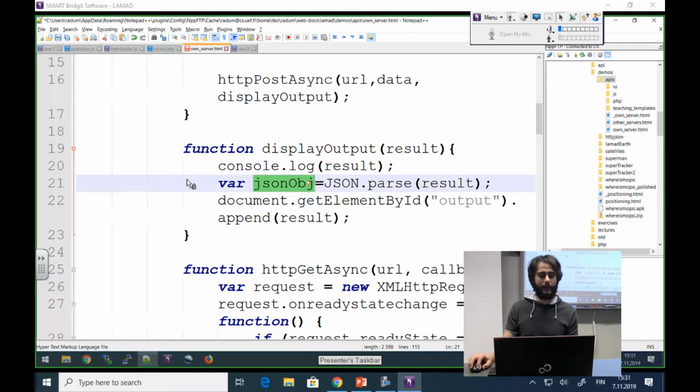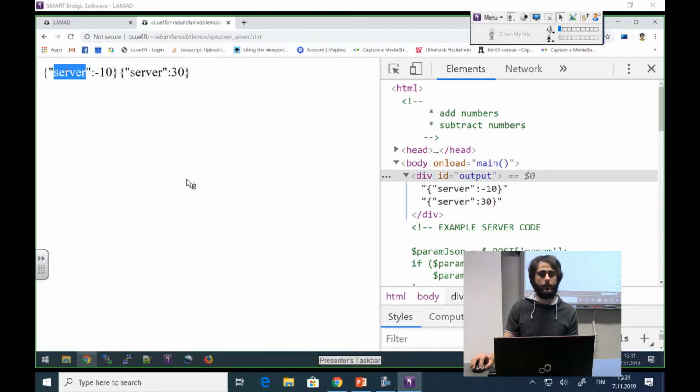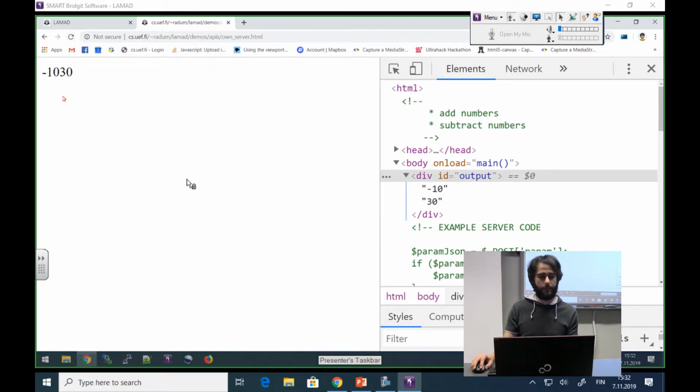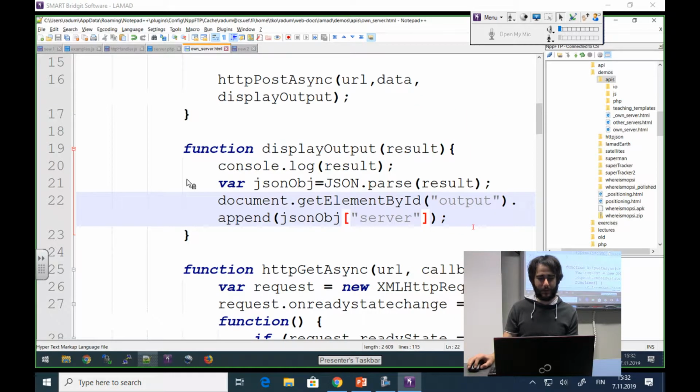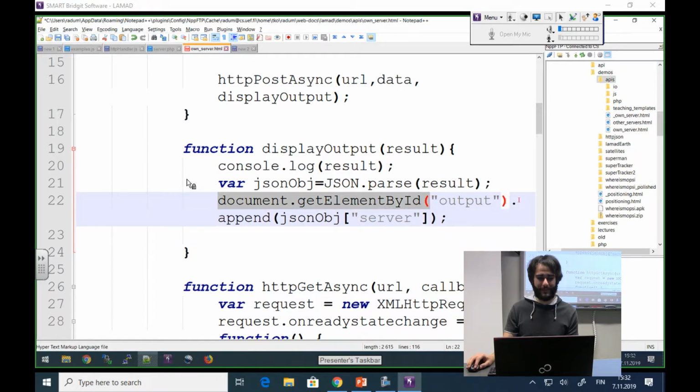So I'm going to take from this object only the value of the server attribute. I save the file and refresh the page, and now I get minus 1030. Okay, so not maybe the best situation here. Maybe it's nice to append also some line break. Of course, you can do much more sophisticated things, but